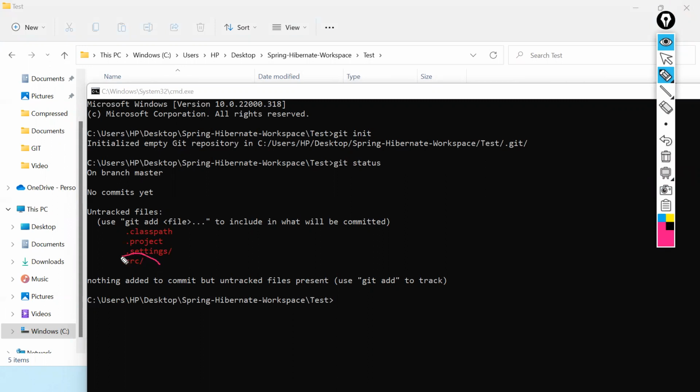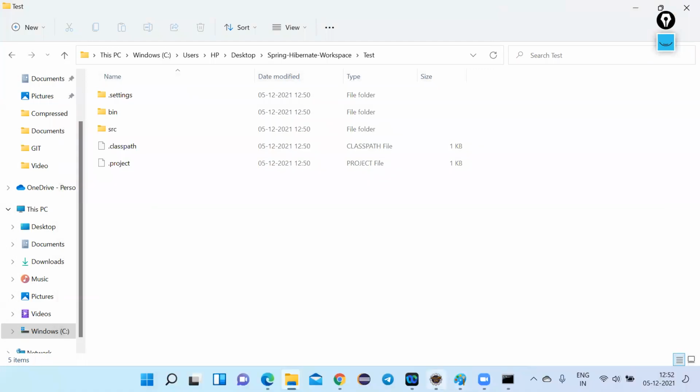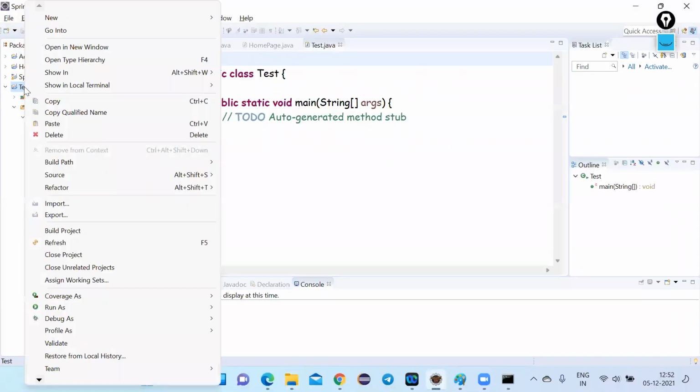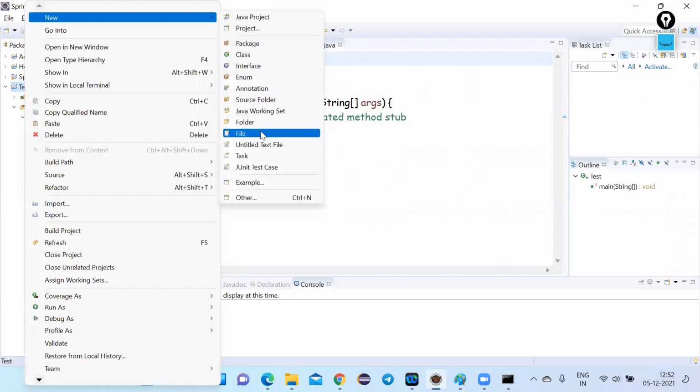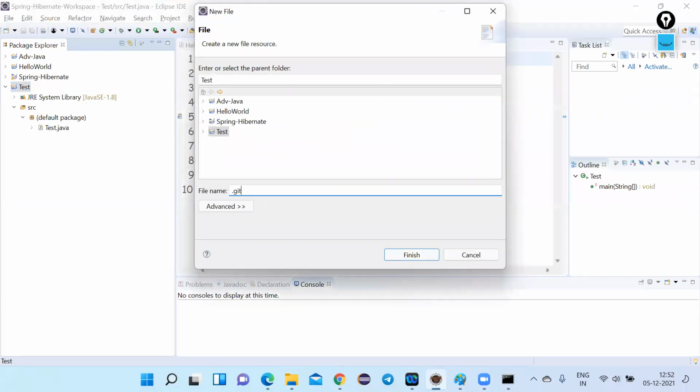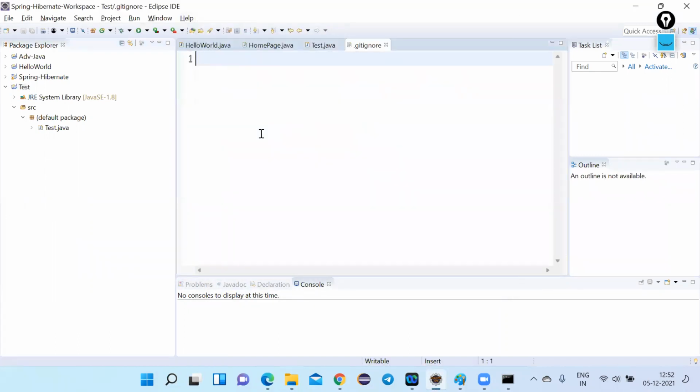we wanted to only commit this source code. We wanted to ignore all these files. So we'll be creating something called git ignore. So let me go to Eclipse and create a file dot git ignore, normal file dot git ignore. Okay. So we have created a pattern ignoring all hidden files that start with dot followed by the regular expression. So it will ignore all the files.